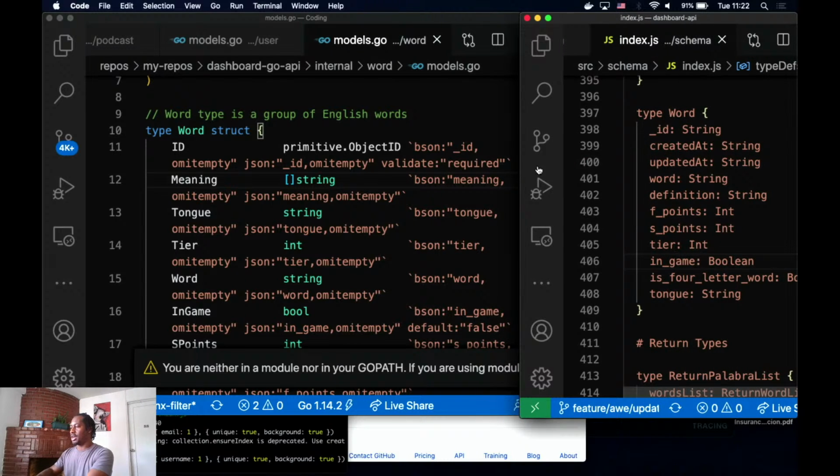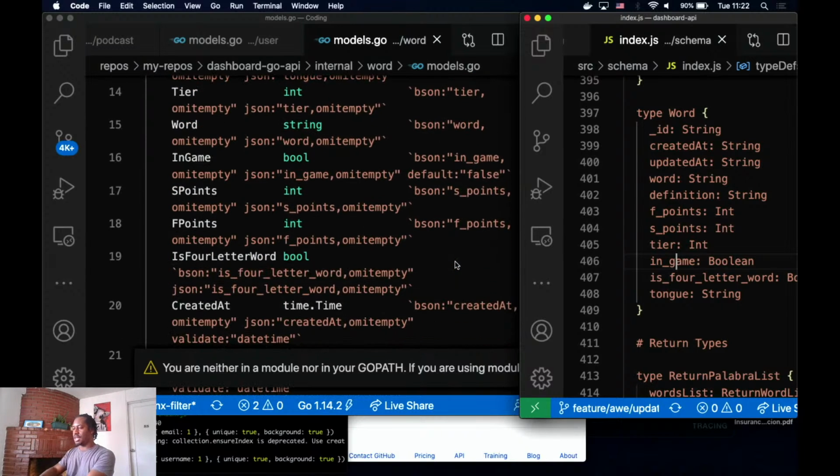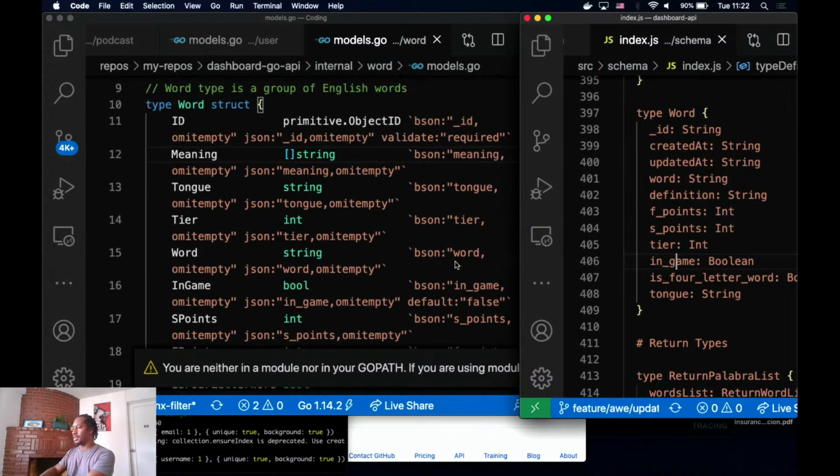So where's underscore ID? They're both using the same database. So that's why I'm checking to make sure that the GraphQL Express version that I'm building can match it. All right, so instead of definition, I got meaning here, so I can change that.